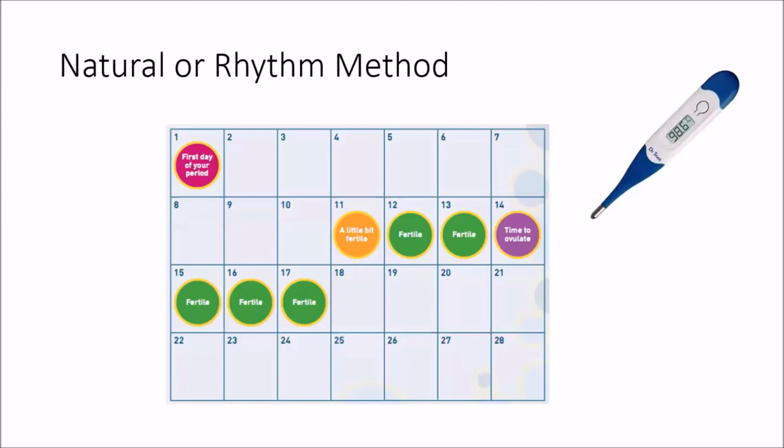You're using the withdrawal method, and you're only using this withdrawal method on days when the female is not fertile, okay? Now, with the calendar method, this is one method of trying to predict when the female is going to